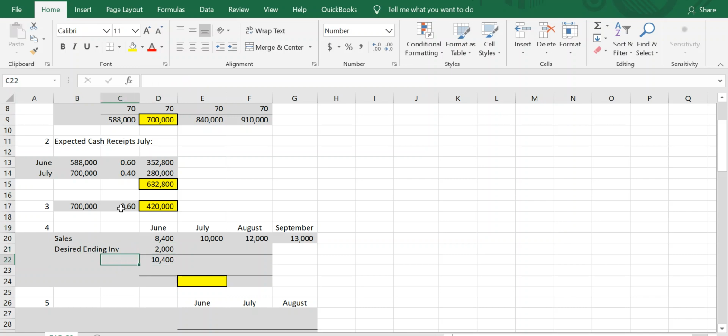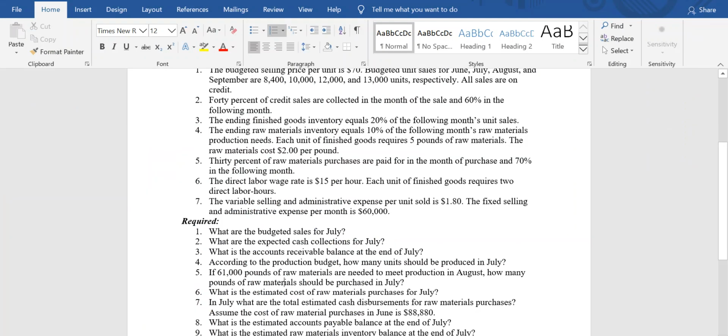And then we have total needs, total production needs. And then we're going to subtract out the beginning inventory. So we say, what was the beginning inventory for June? Well, if we go back to our document here,